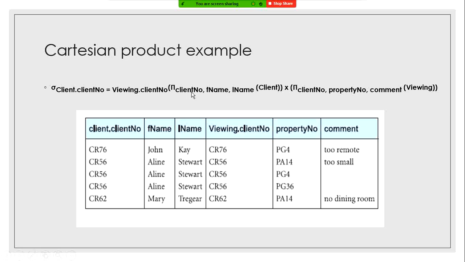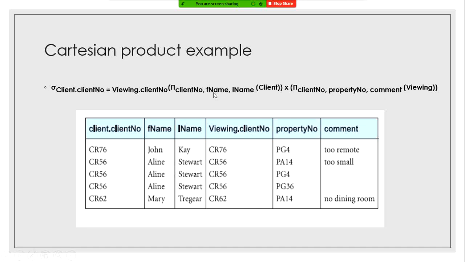So what we have done is we have applied a condition that the client number from the client table and the client number from the viewing table must match, and this is the result of this whole expression. Now you can see that we have exact information about which clients have viewed the property, and it includes all those columns which we have written in our expression.